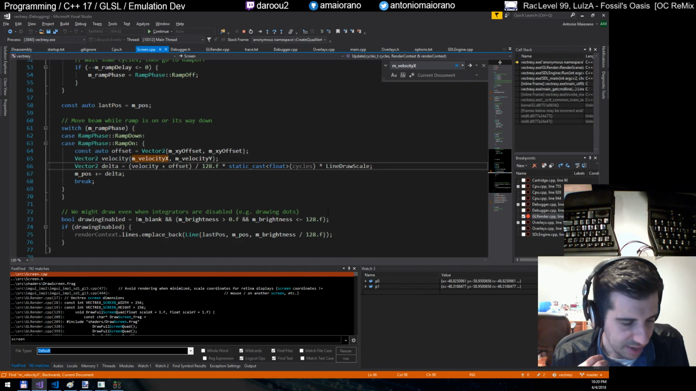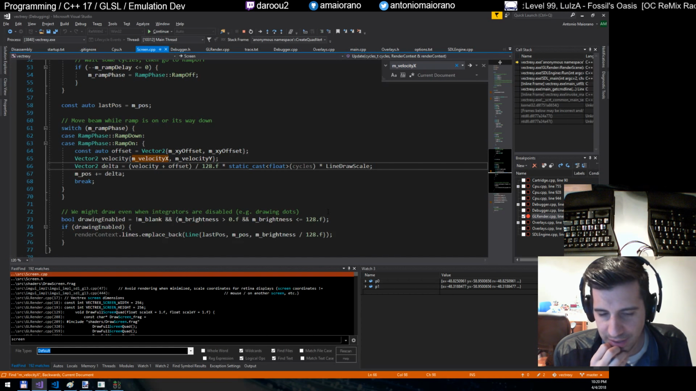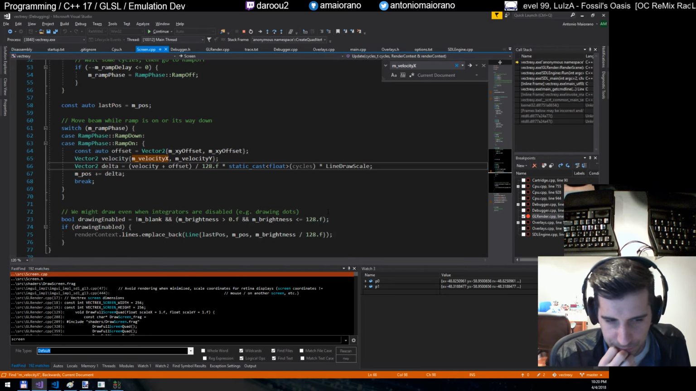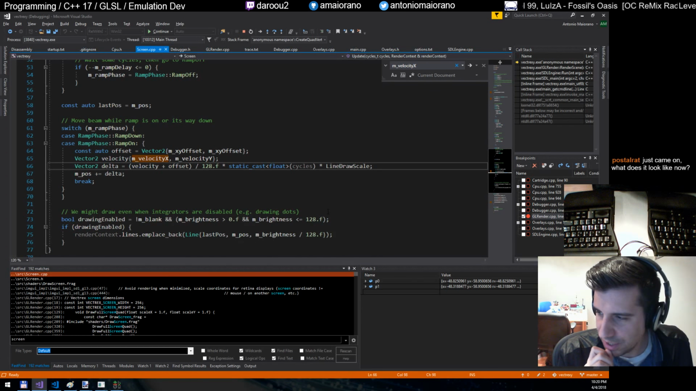Because drawing thousands and thousands of little quads that together make up a line, what may be happening is these thousands of little quads are being clamped